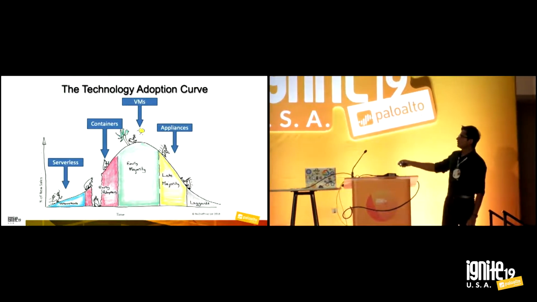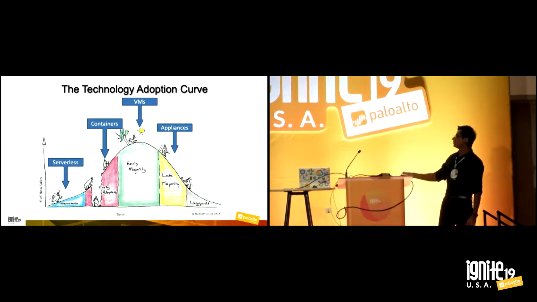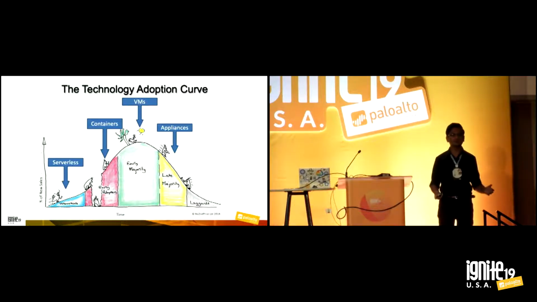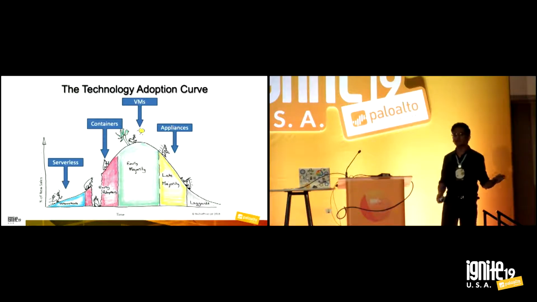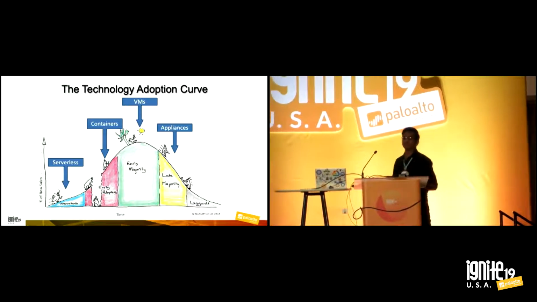So containers are supposed to take over and become the majority. Google already spins about 4 billion containers in a week. Everything you use on Google probably starts a bunch of containers.